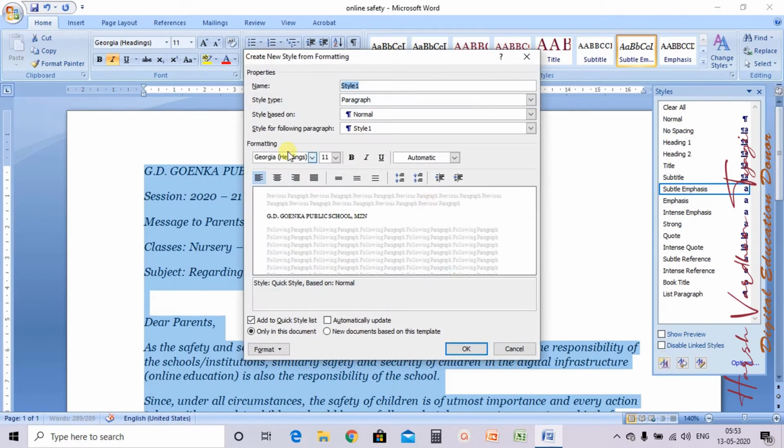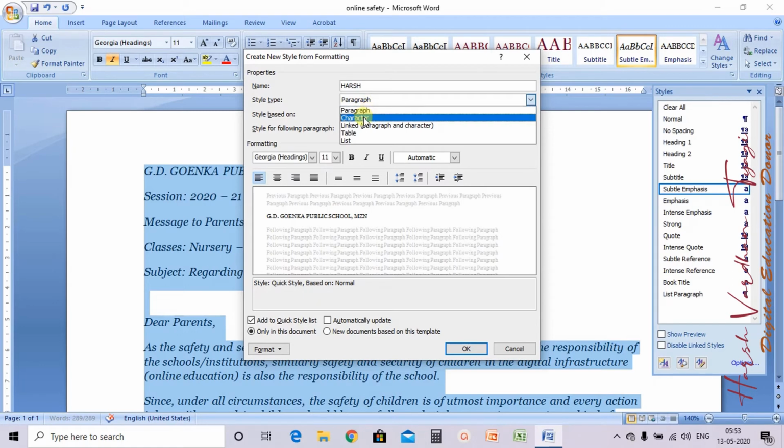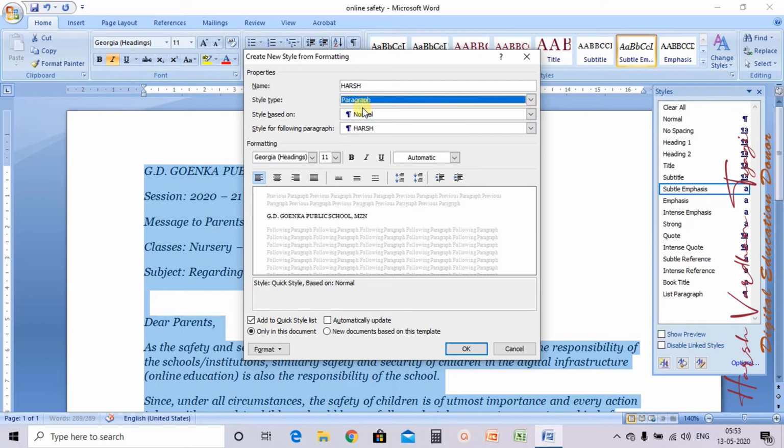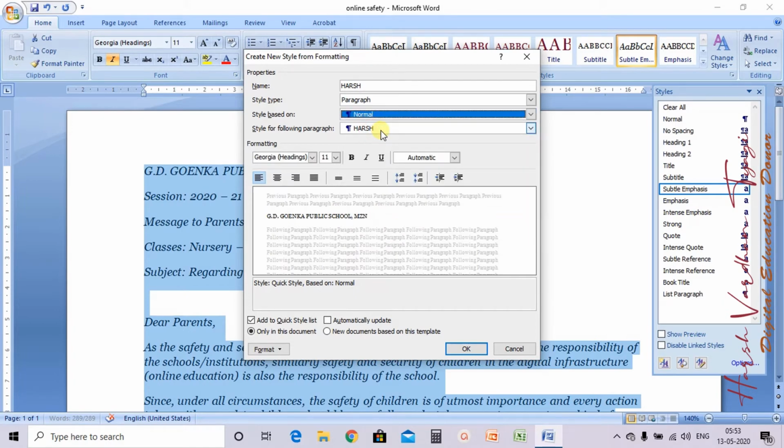It will give you Create New Style from Formatting. Then Name, the name of the style; suppose I am giving it Mine. Style type: Paragraph, Character, Linked, Table, List, depending on where you actually want to apply this style. I am choosing Paragraph, because I want to apply it on paragraphs. Style based on Normal, not Spacing or Heading or Title; they will take Normal only.